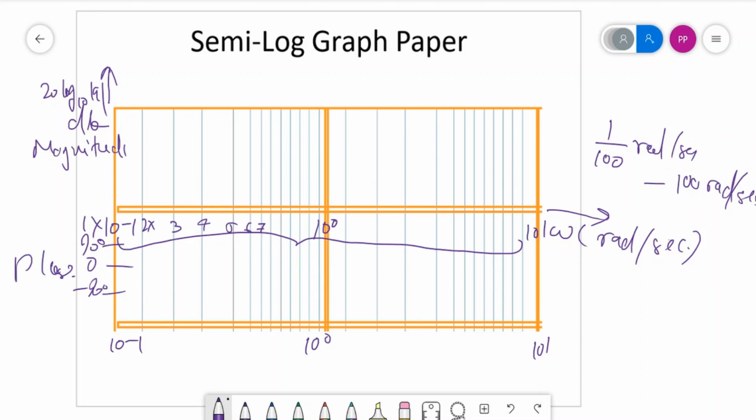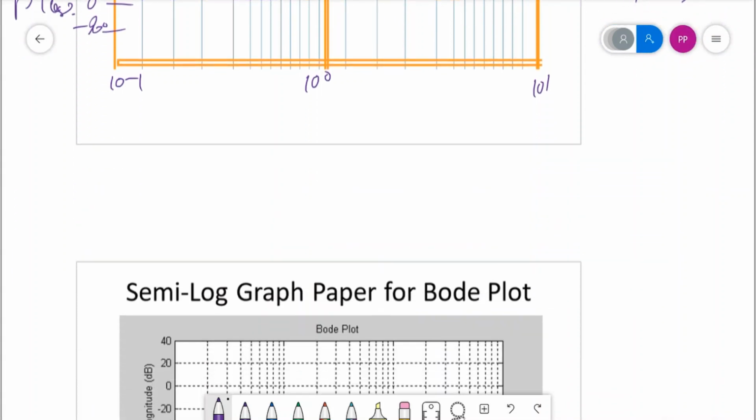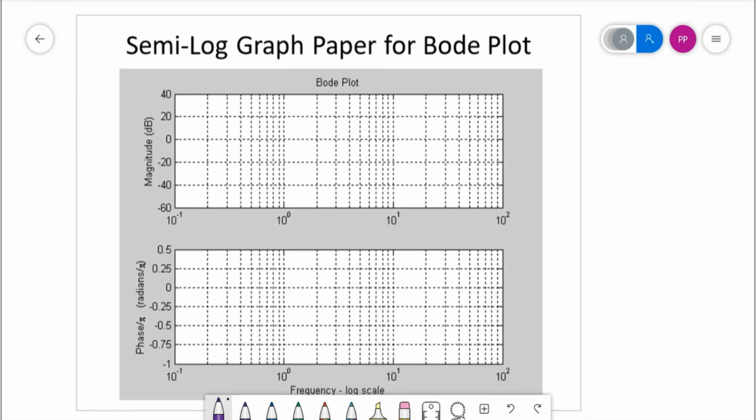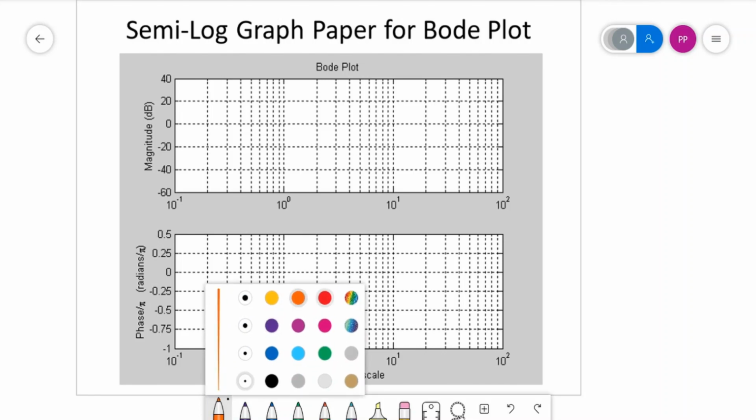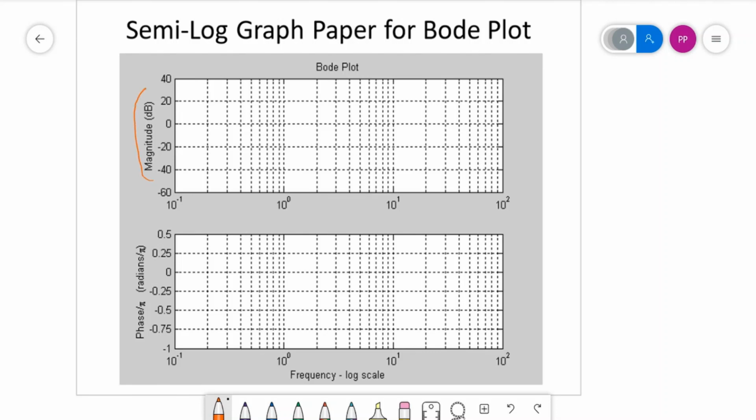Let us see in more detail how the plot will look if we are using computer output, say MATLAB. In MATLAB you can see that this is the magnitude over here in decibels, and the phase has been taken in radians. Here you can take degrees also. This is the frequency scale. You have taken the linear scale, but automatically it converts into